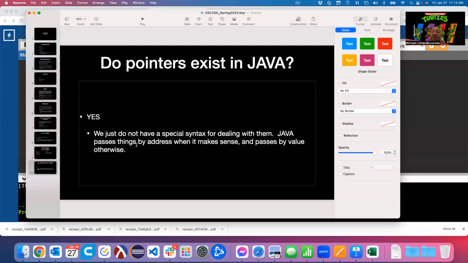Whereas C, there are specific system calls built into the language, built into the operating system, that allow you, with the correct permissions, to have your user level program talk to some kernel level stuff on the operating system, as long as you can validate yourself. So those would be kind of dangerous C programs, where Java pretty much doesn't let you run a program that could majorly do damage to your operating system.